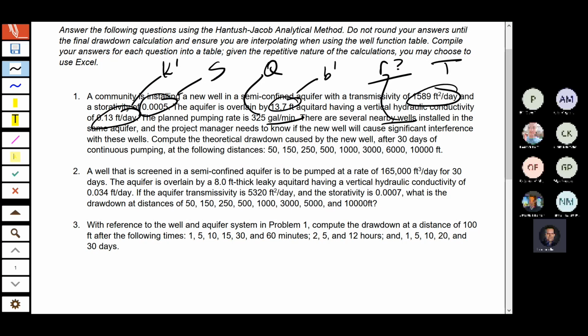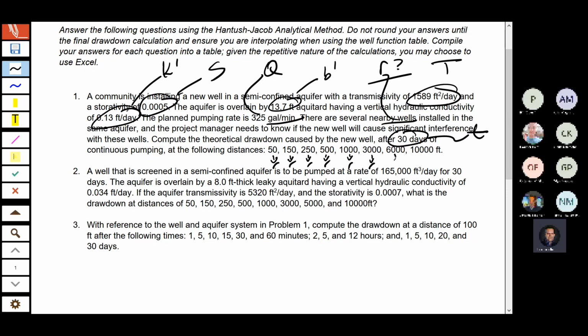If I pump this well at 325 gallons per minute, what kind of drawdown am I going to cause with these other nearby wells? So compute the theoretical drawdown caused by these new wells after 30 days. So there's my T function. And look, here's a whole bunch of R's. Continuous pumping at various R's. That's why we say it's repetitive,